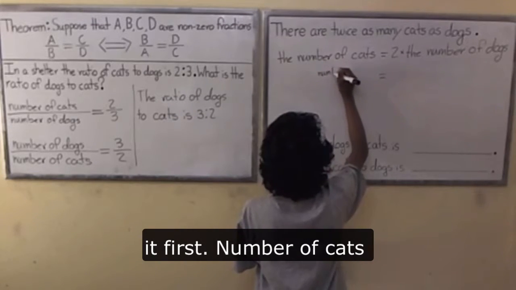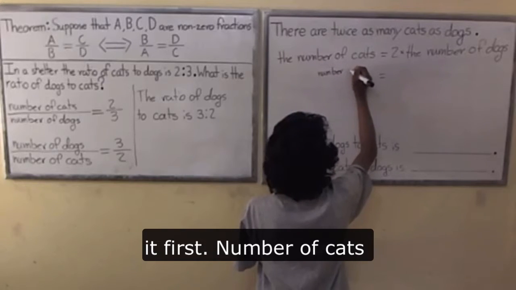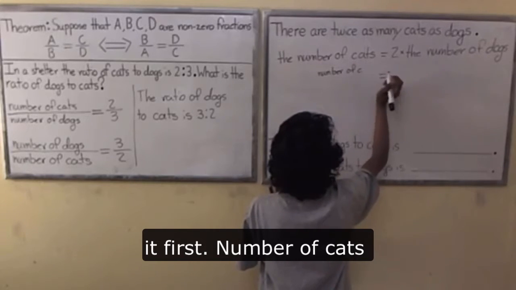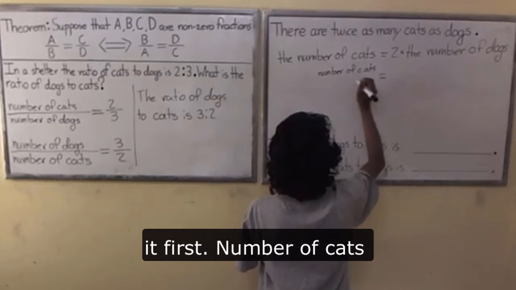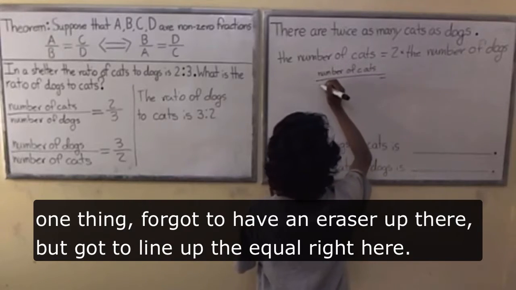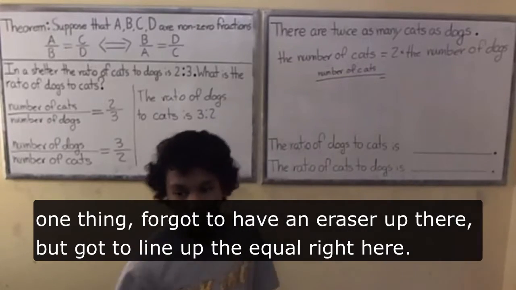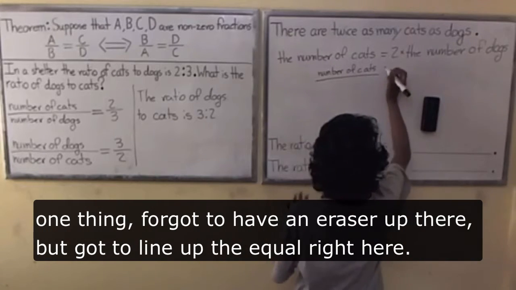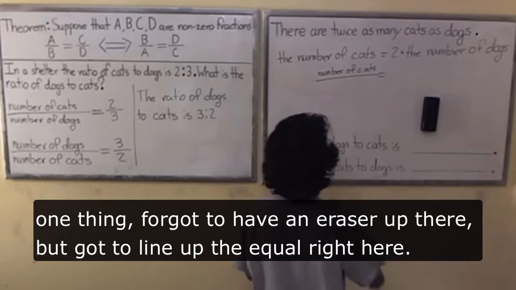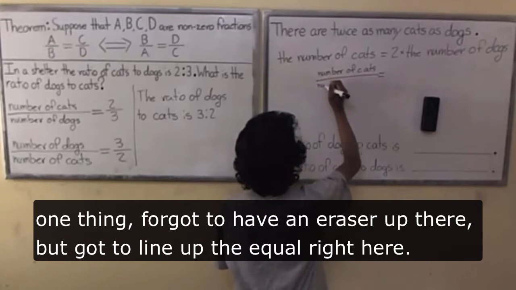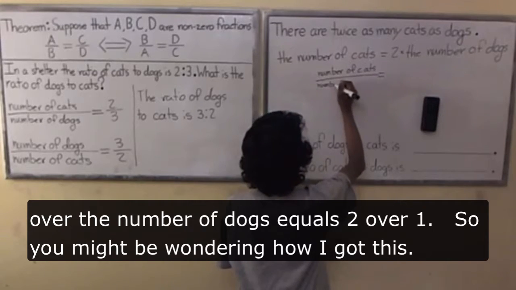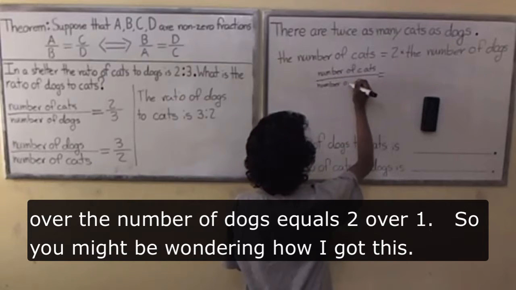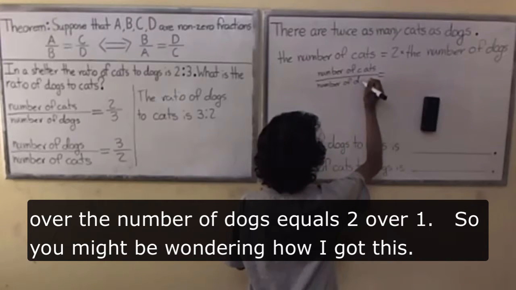Number of cats. We've got to line up the equal right here. Cats over number of dogs